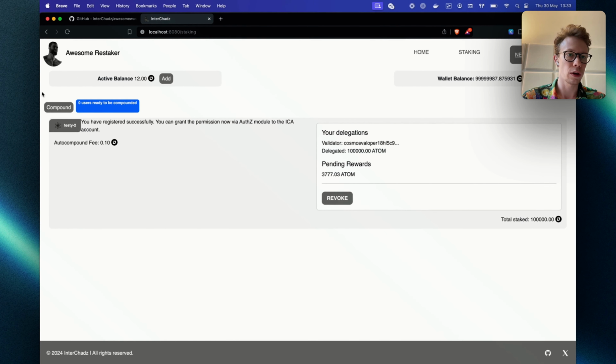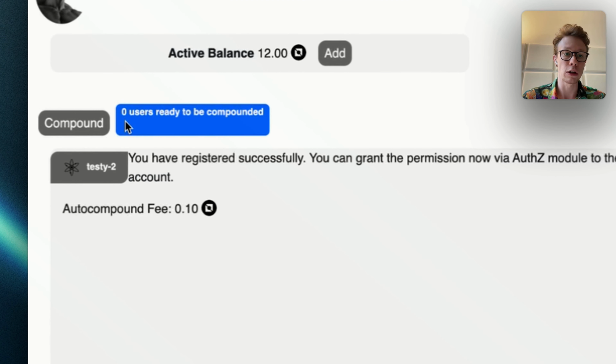And at this point, you can see up here that there are currently 0 users that are ready to be compounded. This has been calculated based on whether there are enough pending rewards, and whether a certain amount of blocks have gone by since they were last compounded. In this case, we have, I think, 100 blocks between each compound, but that's configurable.